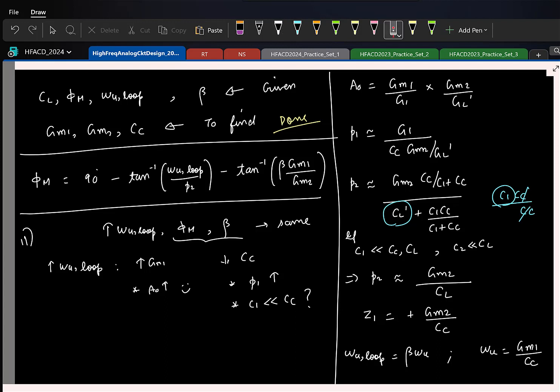But when I increase omega u loop, what happens to the phase margin? Omega u loop increases, so this ratio increases, and phase margin reduces. So to keep the same phase margin, what should I do? It depends on the ratio of omega u loop and P2. I have to increase the second pole, and the only way to increase the second pole is